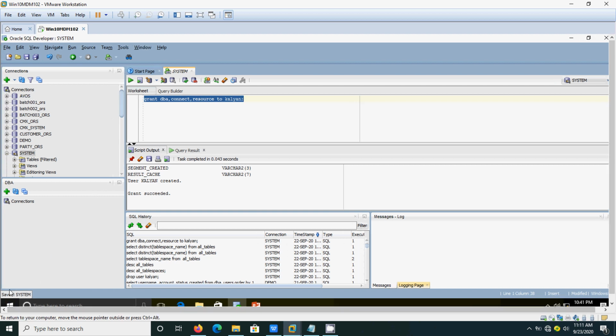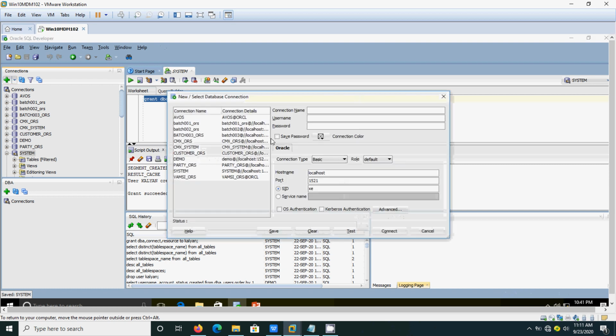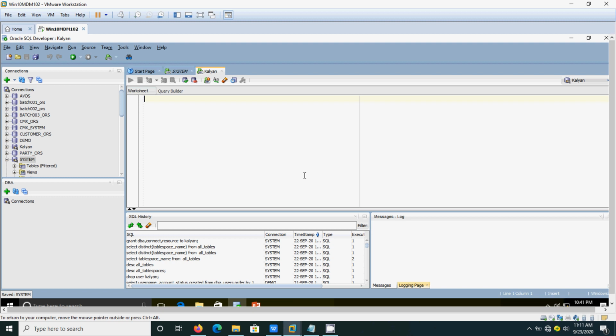Connection name we can give something like this. I am going to give my name itself, then the username, then the password I have given, admin, then save password, and you need to configure all these things based on your environment. Then you can test it. See, success. And then we can connect it. Now it is an empty schema, so we can create whatever objects we want. This is the way you need to create the user and connect to the user.